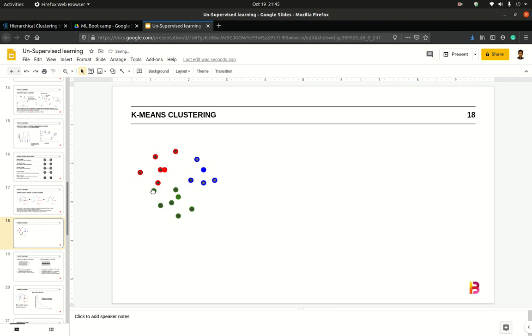In the same way, this is closer now to red than to green, so this becomes red. This stays closer to green. So two points have changed. Now again, because points have changed, the algorithm would remove these clusters and these centroids, and again calculate for this changed data.